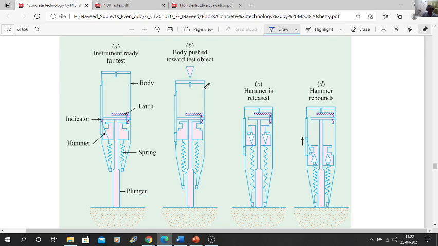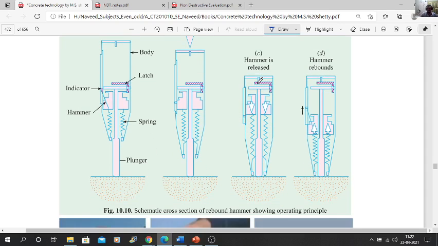We push this hammer towards the test object, and when we push past, the spring is released. You can see here the spring is released, and the hammering is done on the concrete surface, and it rebounds, and from that you will get some value on the graduated scale.